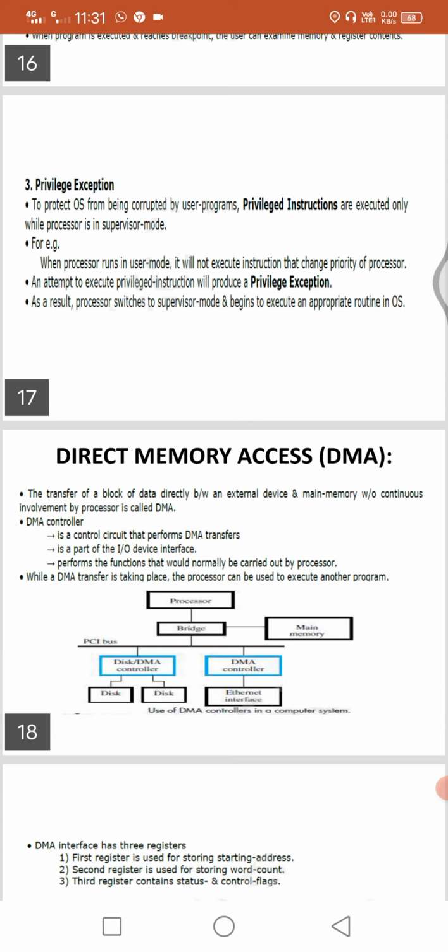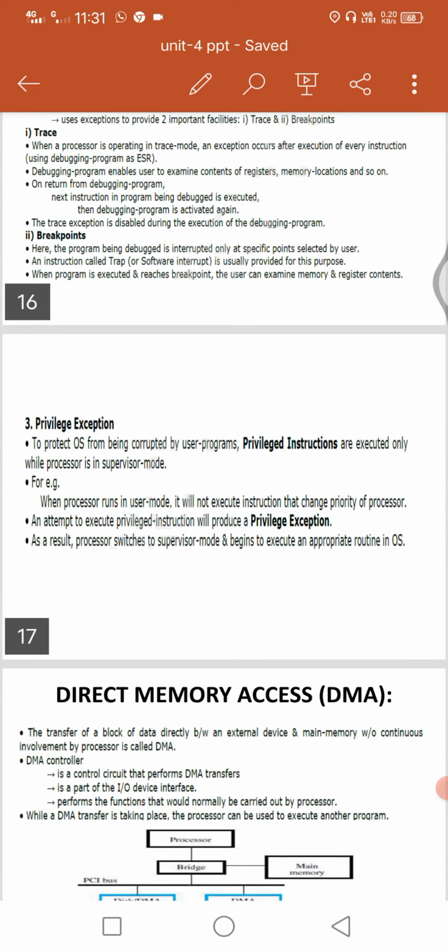As a result, the processor switches from user mode to supervisor mode and begins to execute the appropriate routine in the OS. So this is about interrupts.